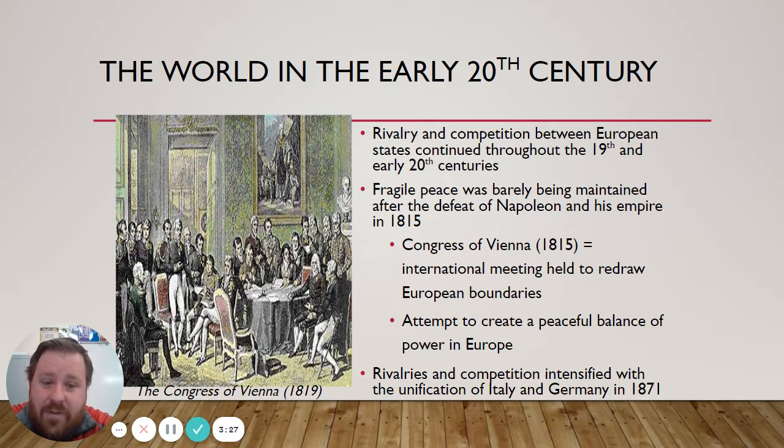So they had the Congress of Vienna, which was an international meeting to redraw European boundaries, and this was an attempt to create a peaceful balance of power in Europe. But soon after that, about 50 years after that, rivalries and competition intensified with the unification of Italy and Germany in 1871. We've talked a little bit before about the rise of nationalism in Europe, and in the West in general,